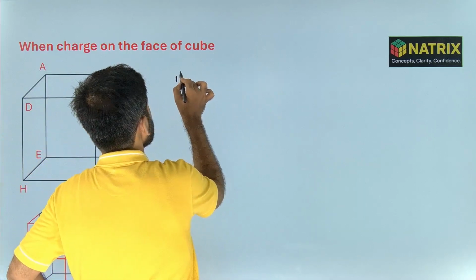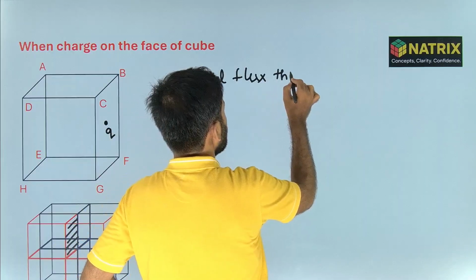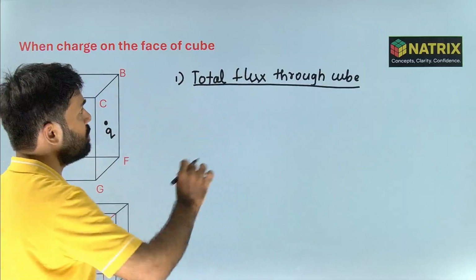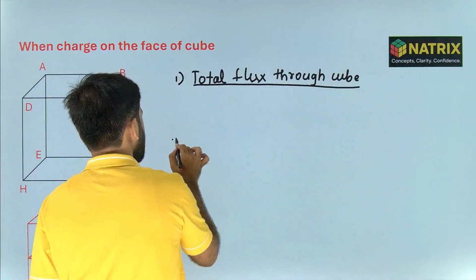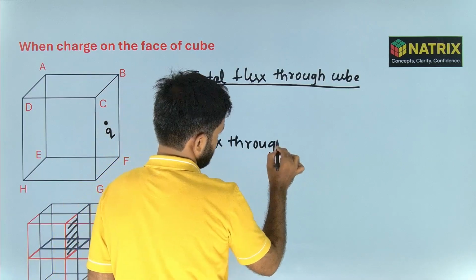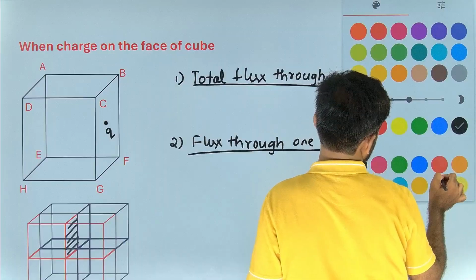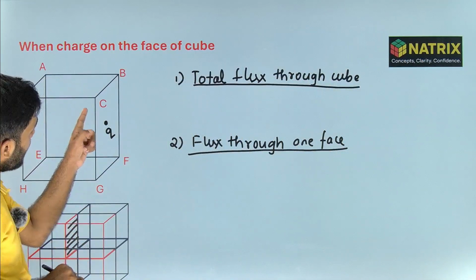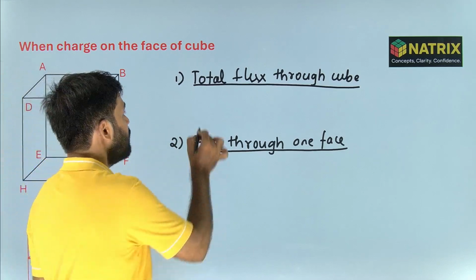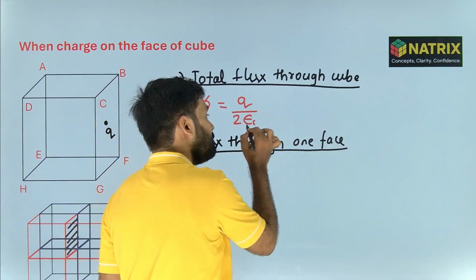That means, first case, total flux through the cube. What is the total flux through the cube? I can write it here, or the second case I'll write here. Second case also: flux through each face or one face of a cube. First one, total flux. I told you each face is shared by 2 different cubes. In that case, the flux through each cube is given by q by 2 epsilon naught, because each face is shared